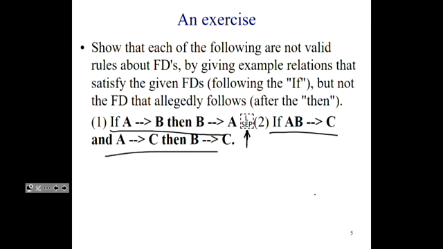Any ideas? Do you just want a language example? Just a real world example. If A implies B, then B implies A, yeah. If it's raining, then it's cloudy. If it's cloudy, then it's not raining. Sure. Yes. If you say if it's cloudy, then it's raining, that's not necessarily true. Sure, sure. So yes, that's a perfectly valid